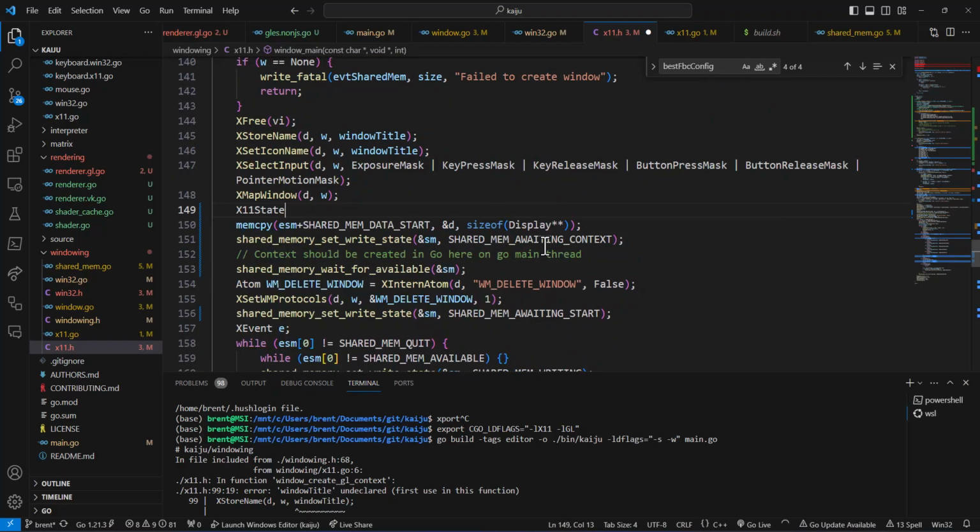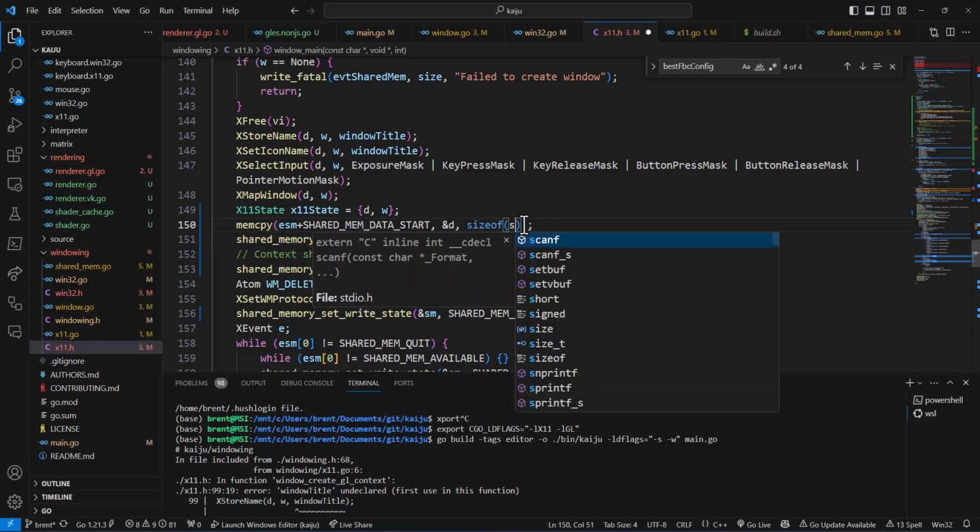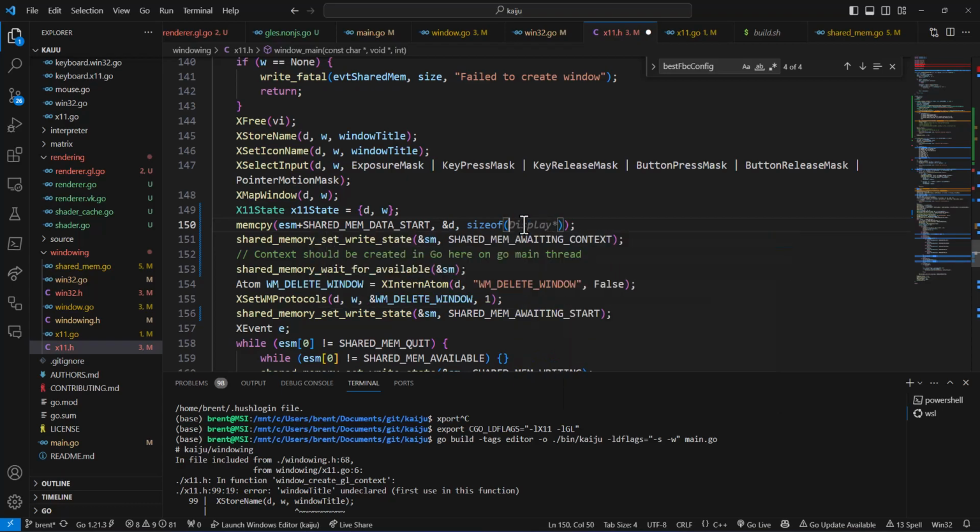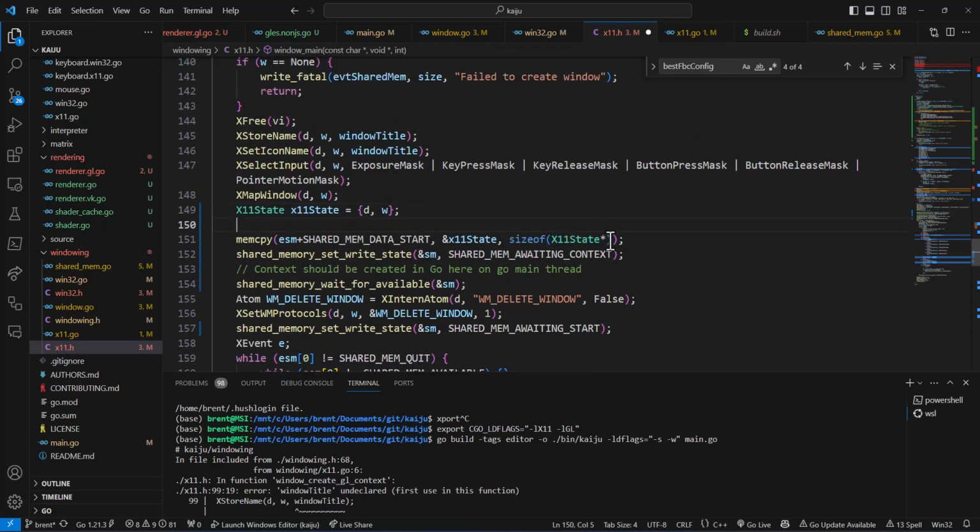So X11 state is DW, and then this will be size of X11 state pointer. Actually, this will be size of X11 state pointer. The address of this will be written in. Actually, it has to be like an address of an address. X11 state pointer